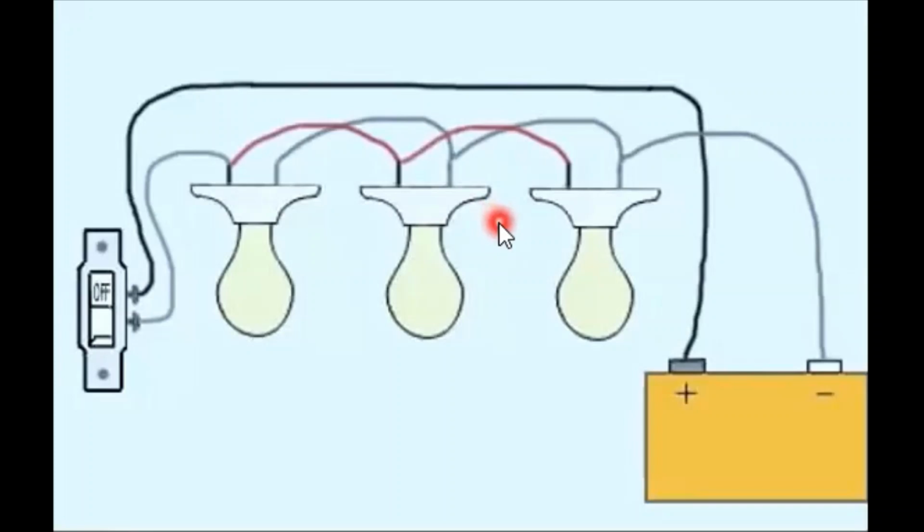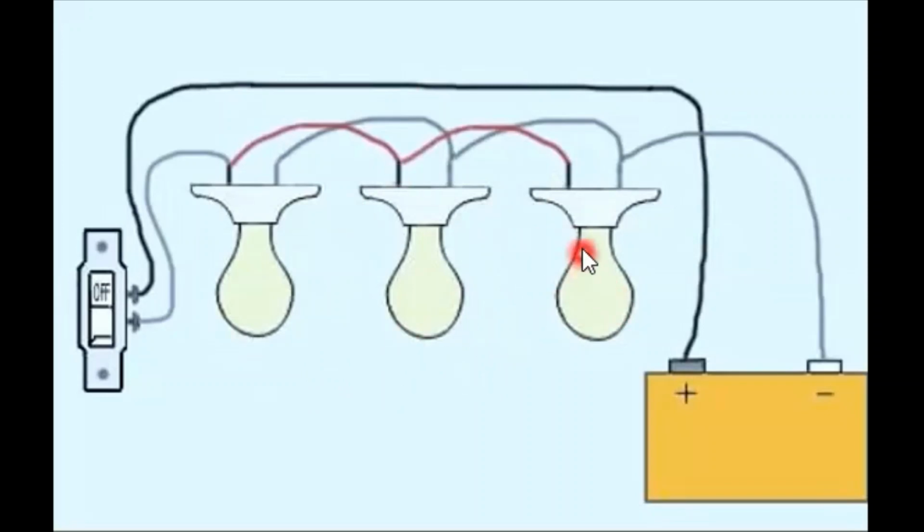The basic two wires any equipment have is the positive and negative wire, which is called the phase wire and the neutral wire. So in the parallel connection, we will connect the phase wire of one equipment with the phase wire of the second equipment, and the neutral wire of one equipment with the neutral wire of the second equipment. Like in this example of the bulbs, if we want to connect three bulbs in parallel,